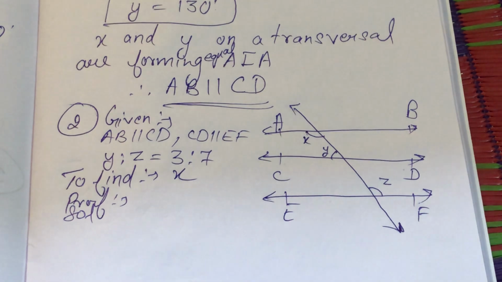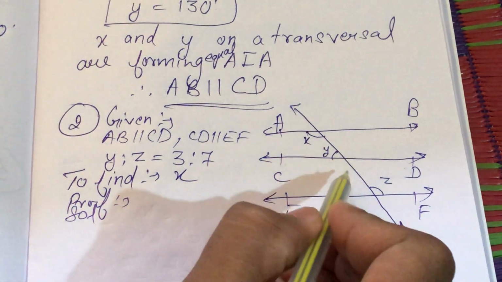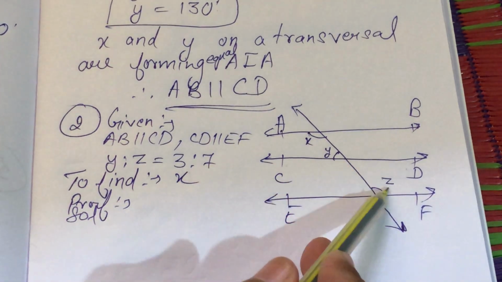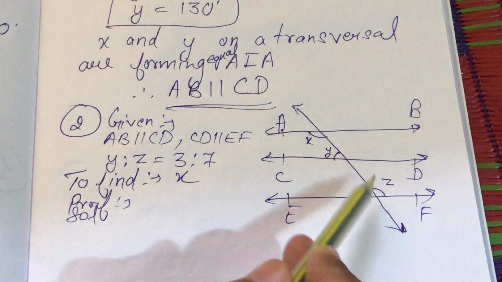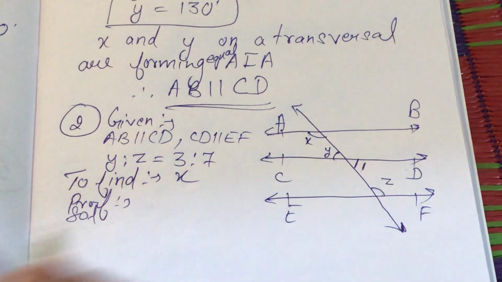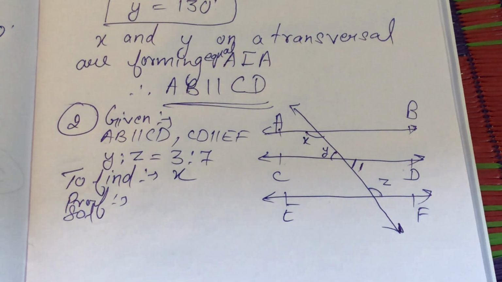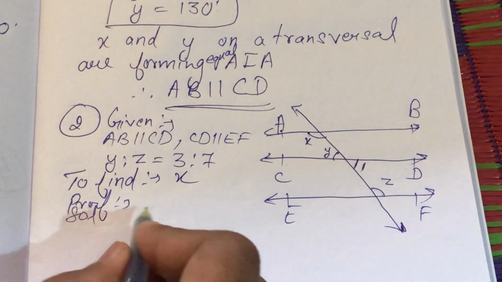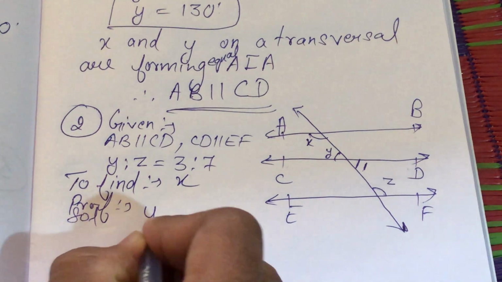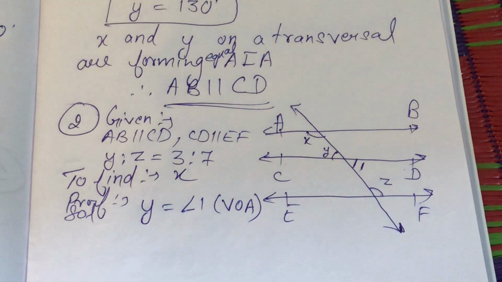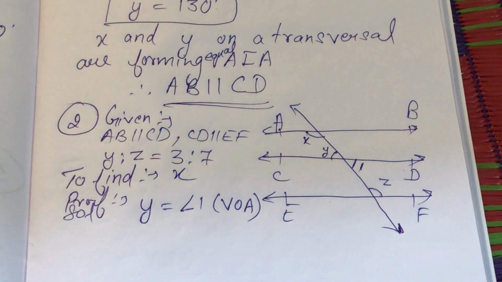Okay. Now see. This is angle Y. This is angle Z. The ratio of Y is to Z is given. This angle 1 I am mentioning here, angle 1 in the figure. You can see that angle 1 and Y are equal. Yes, you will say yes sir. Angle Y equals angle 1. Vertically opposite angles.